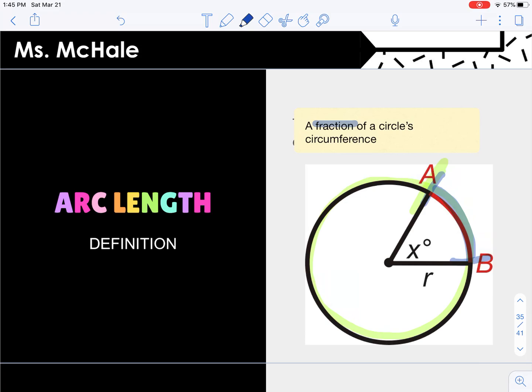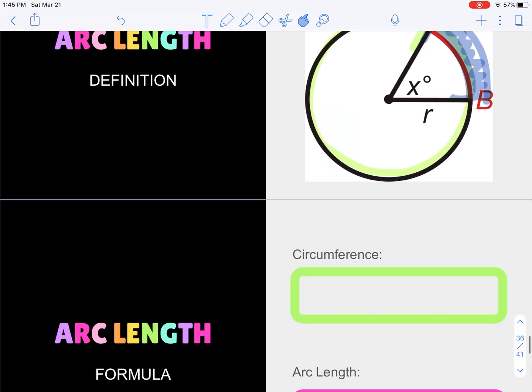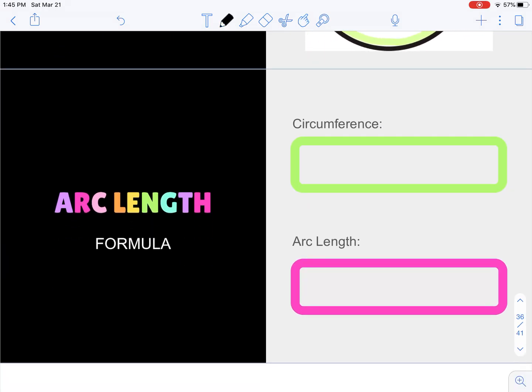So circumference gives you the length of the entire circle, right? As if it was one large arc, okay? And arc length just gives you the part that you're looking for, kind of like a piece of pizza. So circumference, we wrote down last time, is 2 pi r, meaning 2 times pi times the radius. To find arc length, it's very similar. We take the circumference formula and we multiply by theta over 360,